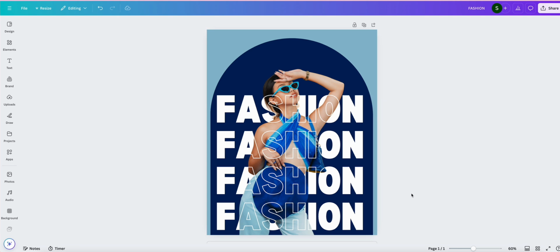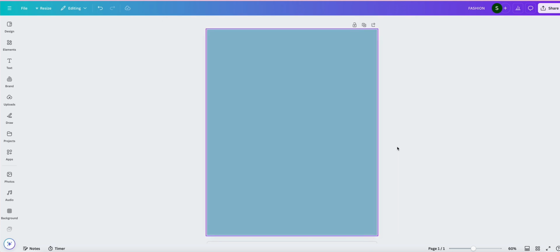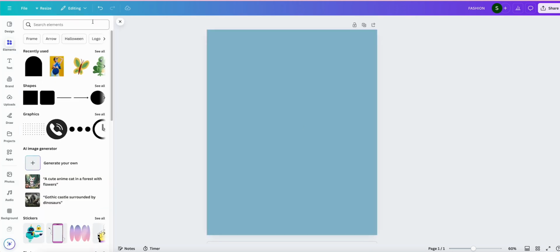Alright, I'm going to show you how to do this cool outlined text effect for your Canva graphics. Let's jump into it. Okay, first we're going to do the background, so I'm going to go into elements here